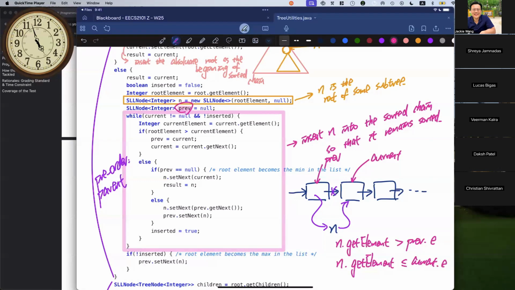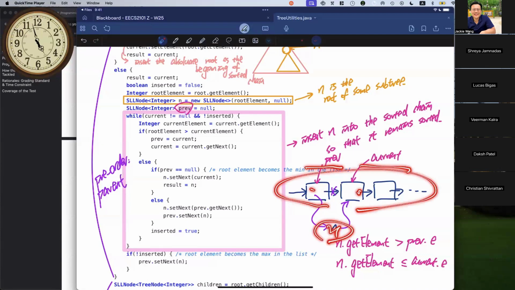I'm just trying to explain the concept. If you look at exactly how we use the different if then else over here, we want to find the right spot for the previous and current so that n falls exactly in between based on its value. So if we insert n in between these two nodes, the previous and the current, then the resulting list after the insertion remains sorted. That's exactly what an insertion sort would do.